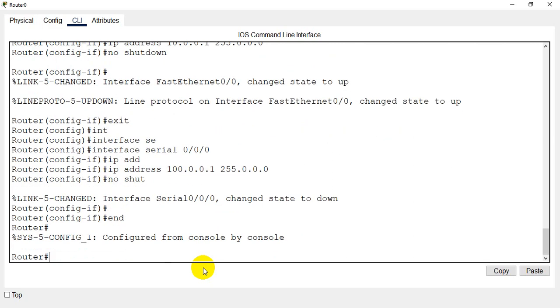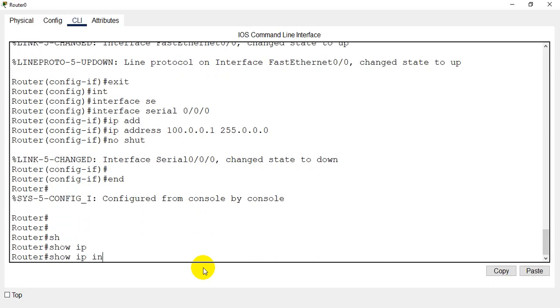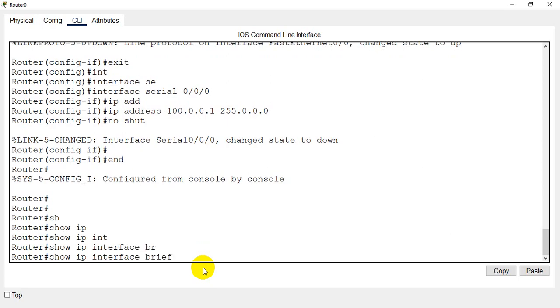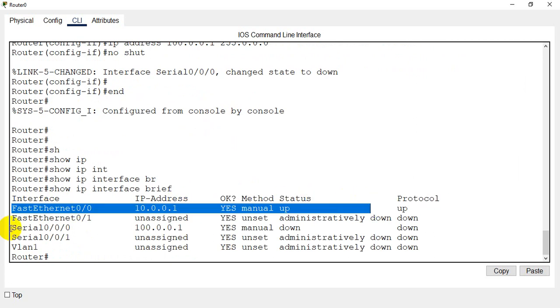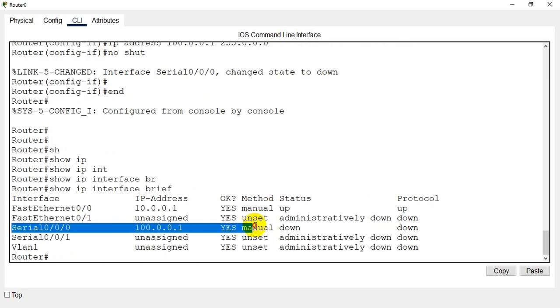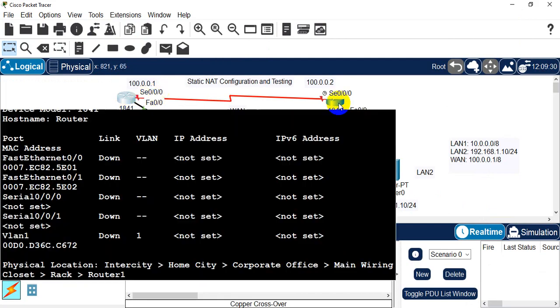this configuration. After typing end, we return to privilege mode, from where we can see what we configured. For that we can use the command show ip interface brief. This command will show our work. So our work was FastEthernet 0/0 contains 10.0.0.1, and it is up, and also serial 0/0/0 contains 100.0.0.1, and it's showing down because the serial 0/0/0 port of router 0 is connected to serial 0/0/0 port